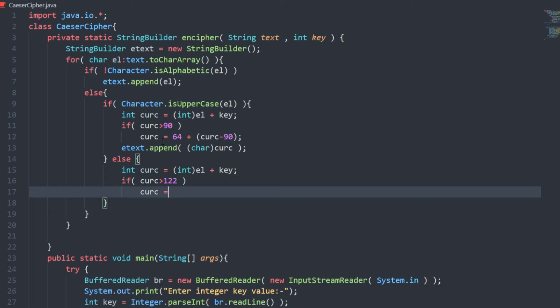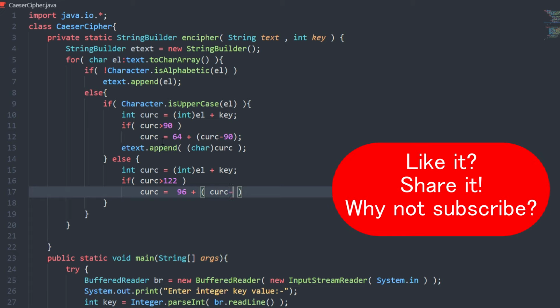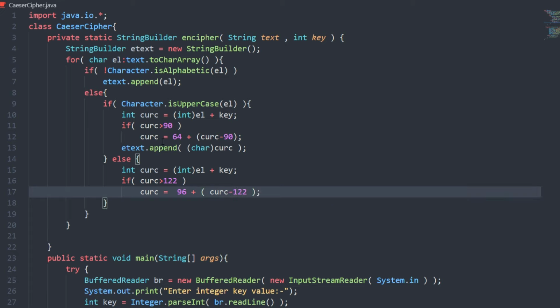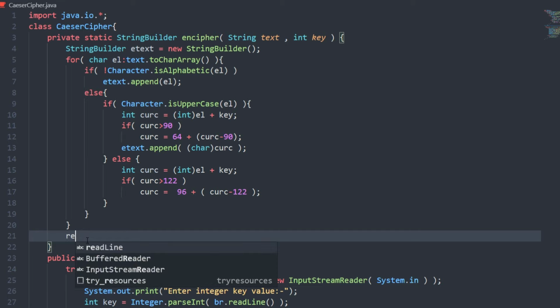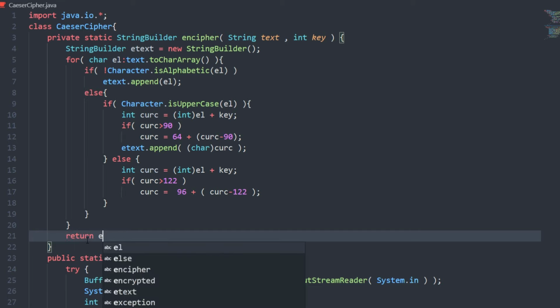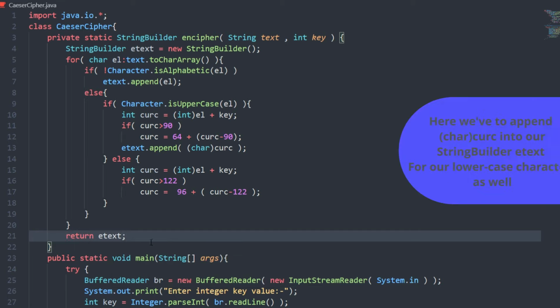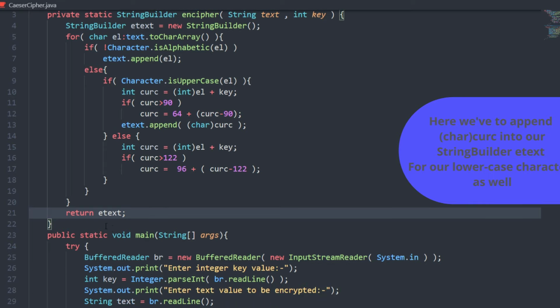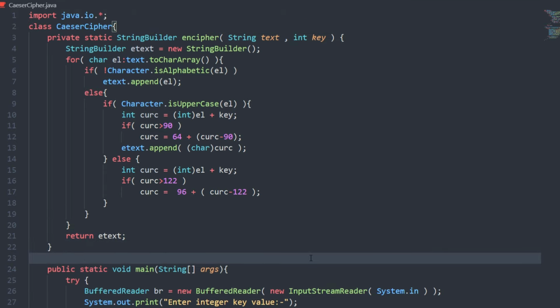Current C is equal to 96 plus current C minus 122. So it will work the same as it did for uppercase characters, and now we can just simply return etext. So it will return the encrypted text, and now we have to complete our decipher method.